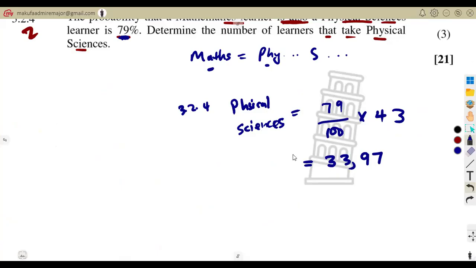These are students. Can we say 33.97 learners? Can we say 33.97? It's impossible. We're talking about number of people. We are not measuring, we are counting numbers. So you round off to the nearest next digit, which is going to be what? 34. So it's going to approximate to 34 learners